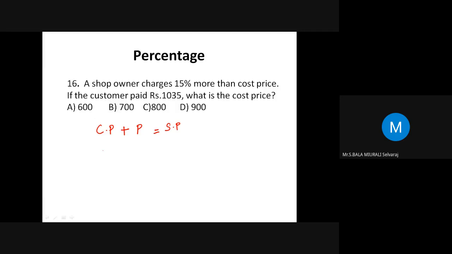Let us assume 100 rupees is the cost price and profit is 50 rupees. What is the selling price? 150 rupees. That is why 15 or 50, sir? Pardon, ma'am? Profit is 15%. I mean 15 or 50, sir. There is no relationship between the example we are seeing now and the question. I am just explaining what is cost price, what is profit, and what is selling price.